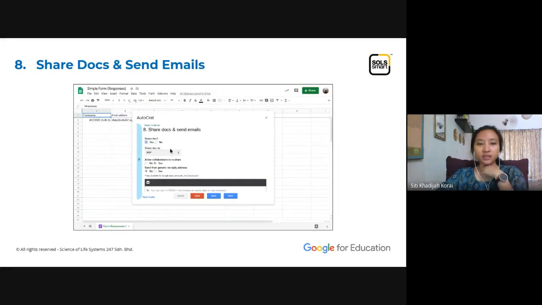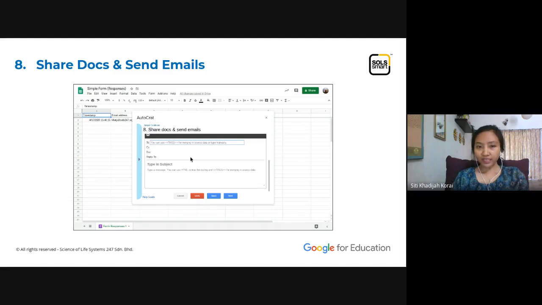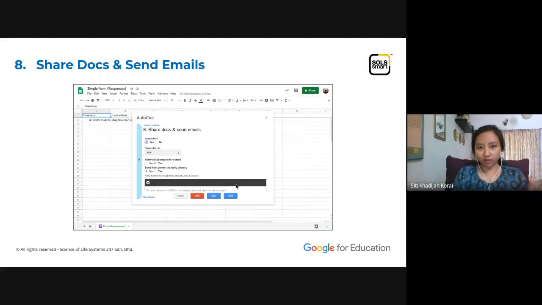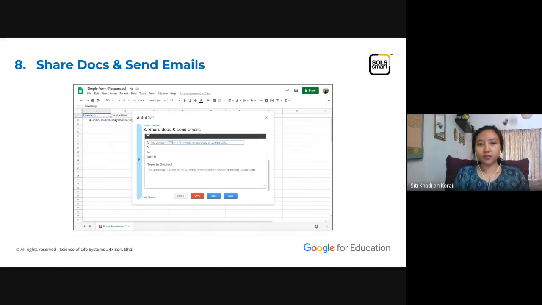Lepas tu again, share document. As ada dua, Google Doc, PDF. So I nak PDF je lah. So share document, PDF, yes. Dan lepas tu okay, you just go here, bila you turun bawah sikit, so sinilah